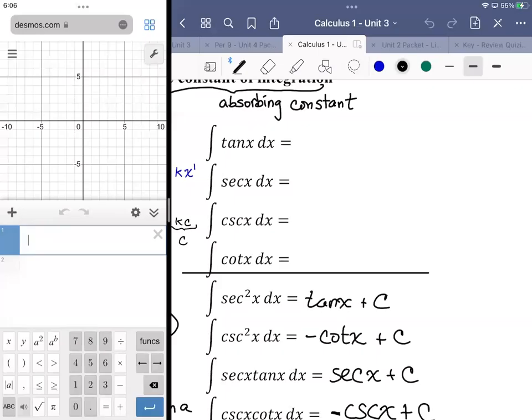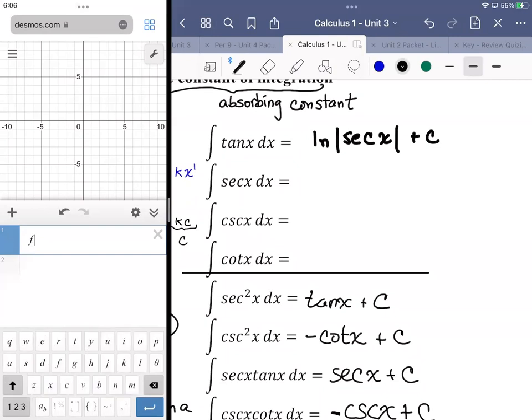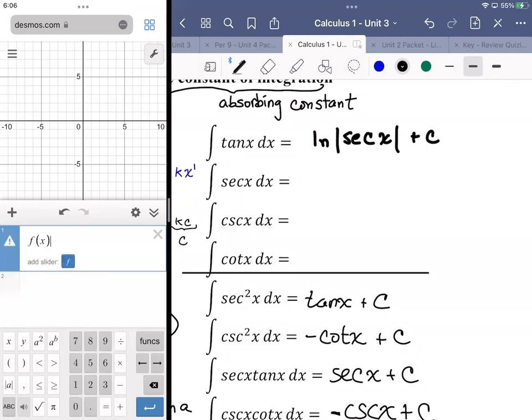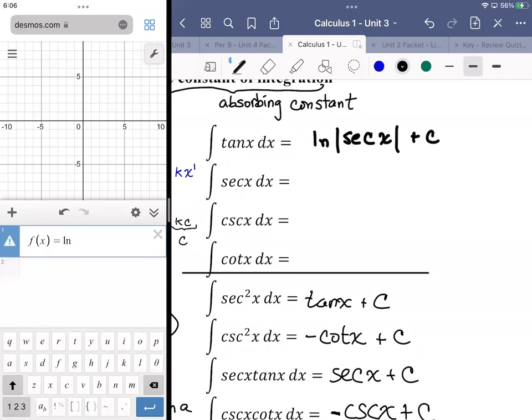The antiderivative of tangent of x is natural log of secant of x plus c. All right. I don't know why I have my marker so thick. It's fine, I guess. And I can just kind of justify that for you here. So if I say f of x is equal to the natural log of the secant of x,